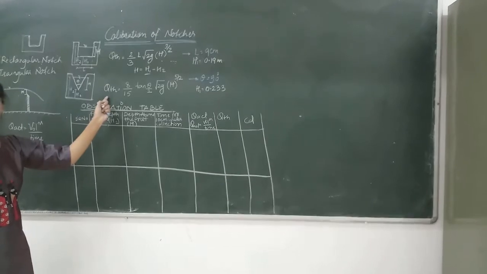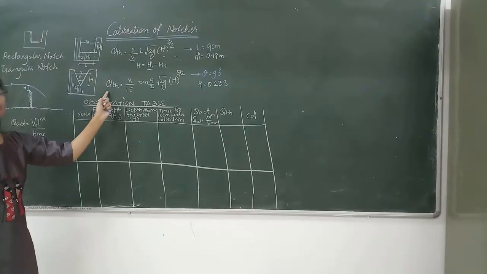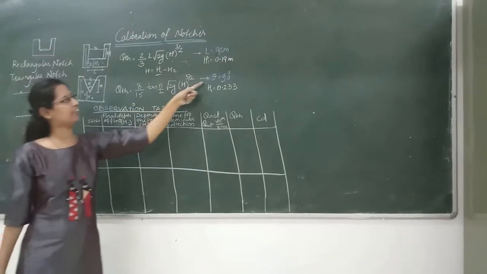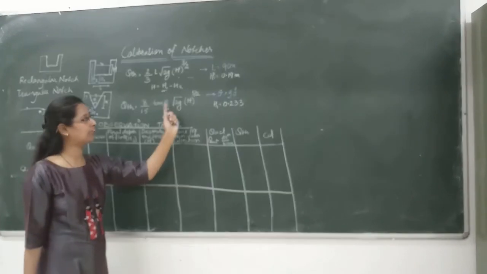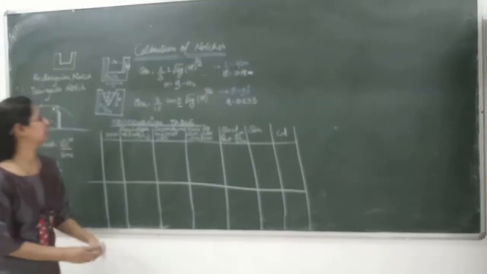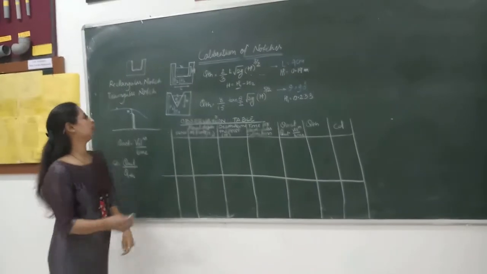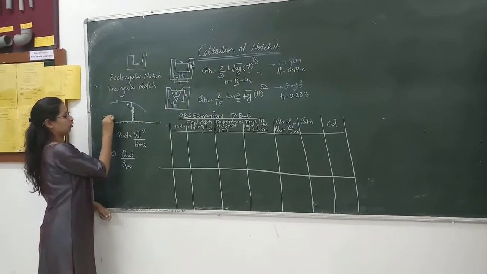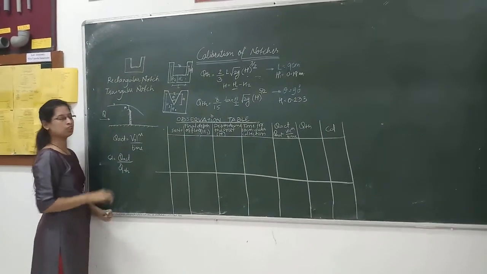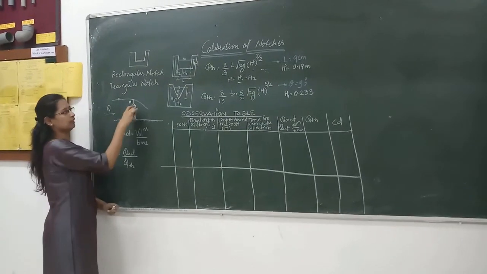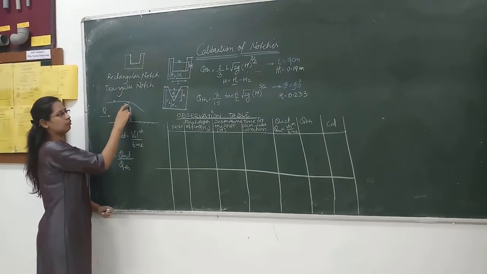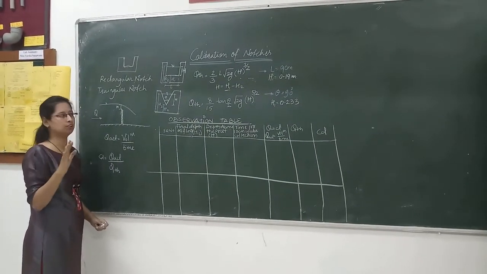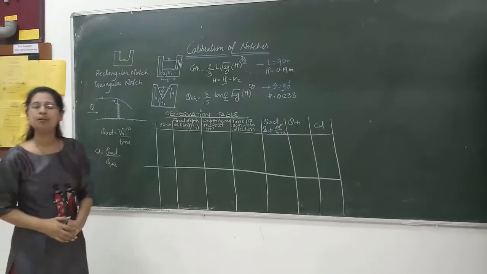In a similar manner for the triangular condition, Q theoretical involves theta by 2. Theta in our case is 90 degrees, so this is going to be tan 45 degrees, and H is nothing but the depth above the crest. If we see the longitudinal section of the open channel, the discharge is going to be measured. Water is flowing through this channel. This is the notch which is provided, and we are just measuring the depth over the crest, that is H. Now we are calibrating this notch.